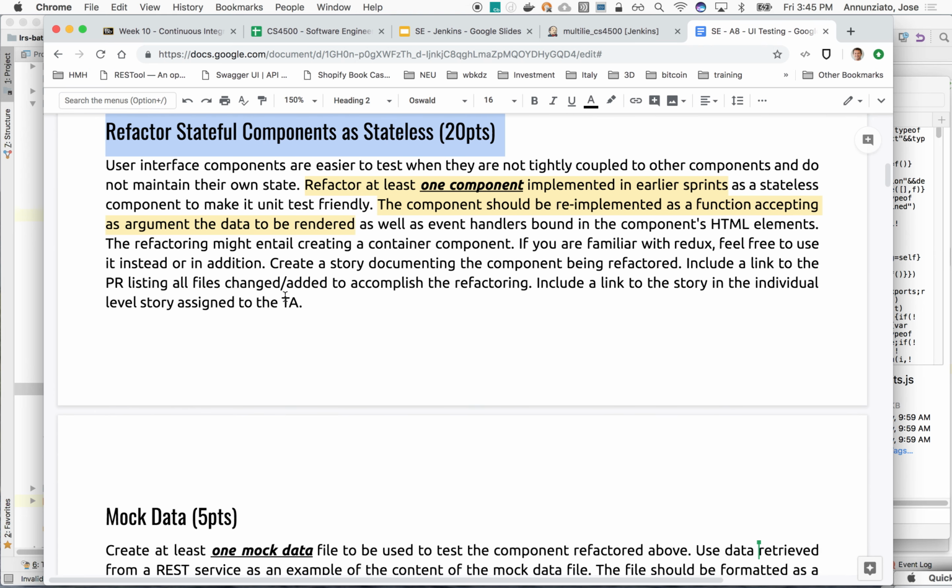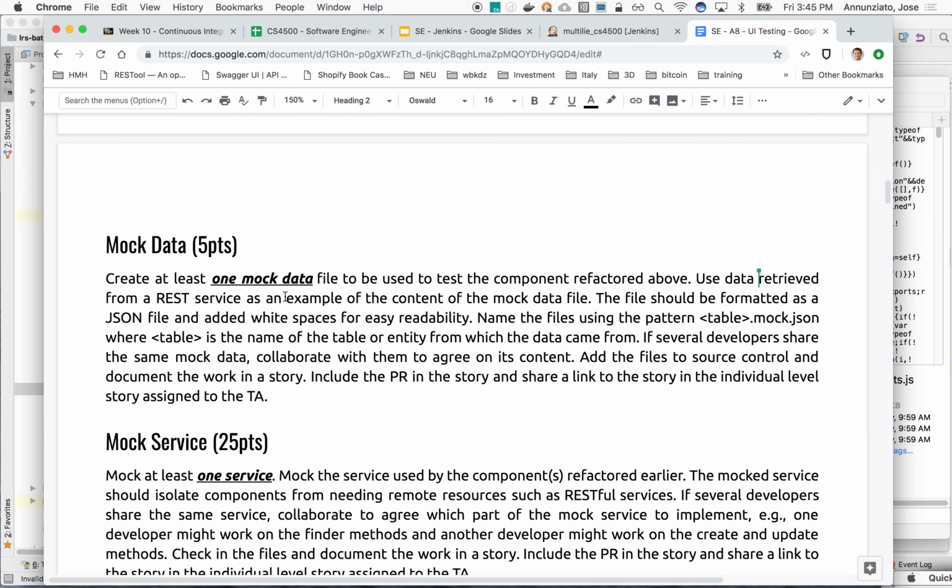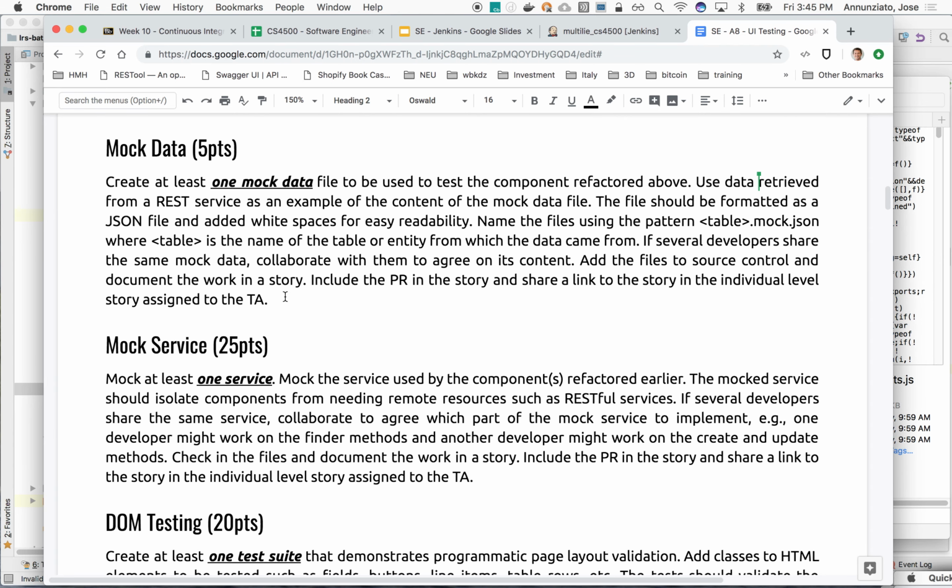Once it's refactored, we're asking you to start writing unit tests for that component. For that, you'll need to mock the data that you're going to test that component on. You already have lots of data that is being provided for you from your RESTful services, yes, for your middle tiers and whatnot. So choose whatever middle tier is appropriate. Maybe hit it with a get query, yes, and the JSON that comes back from that request. That's a good start for you to